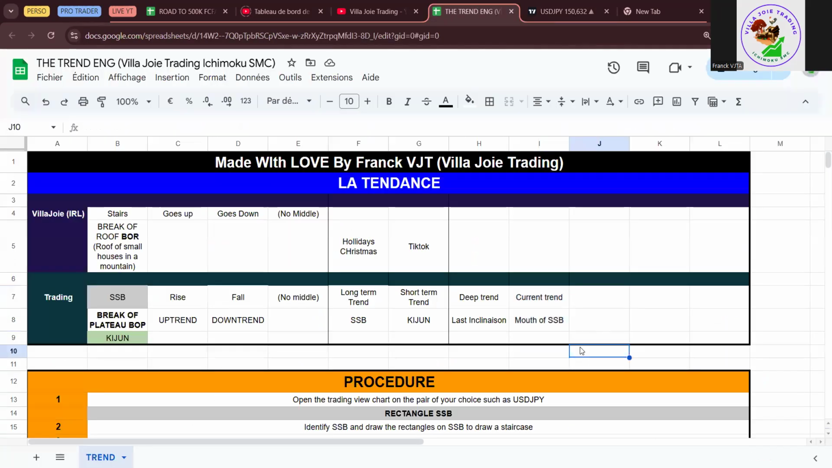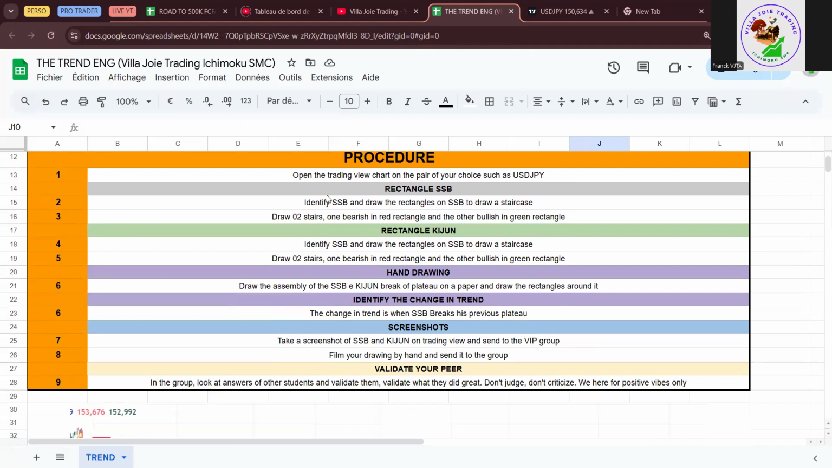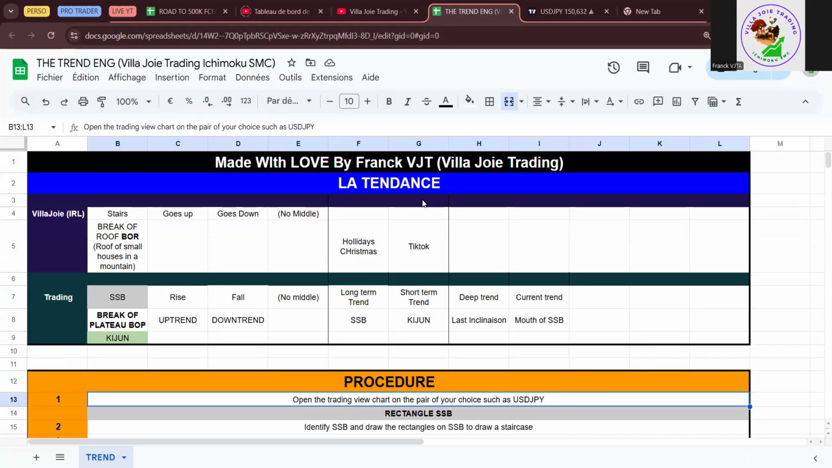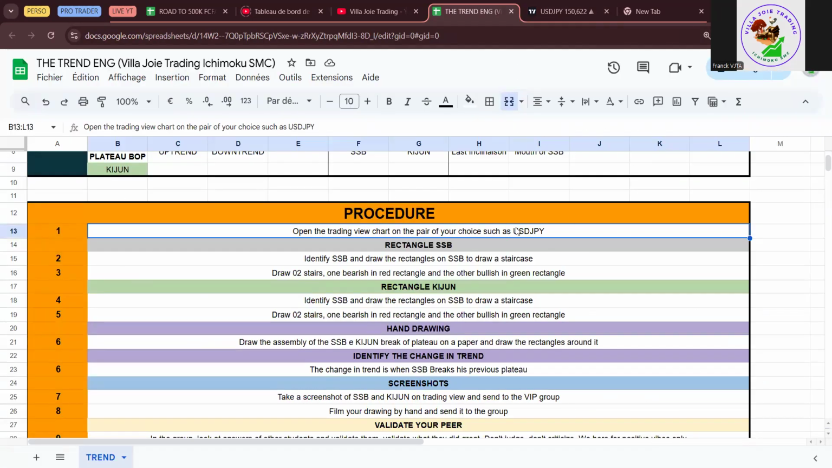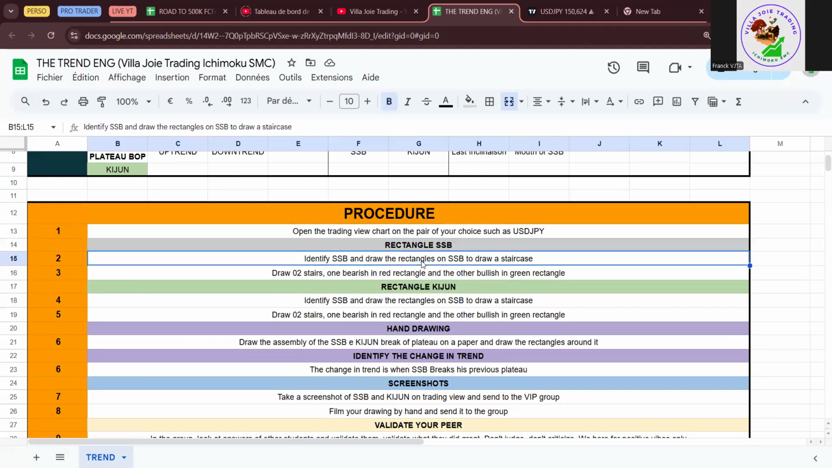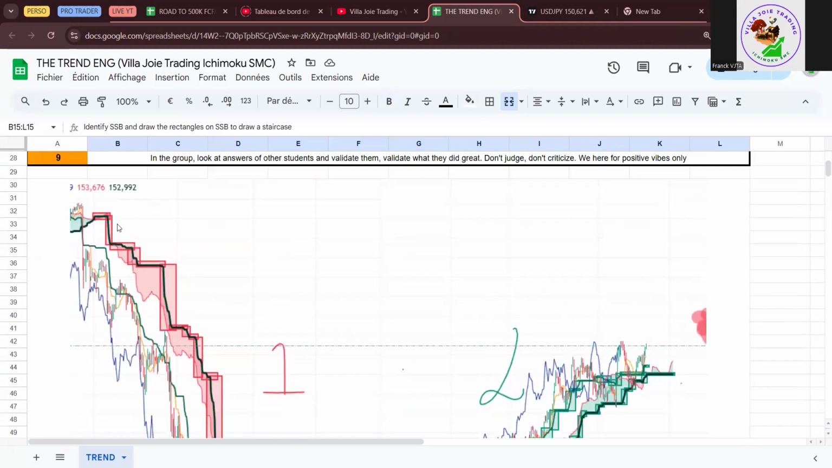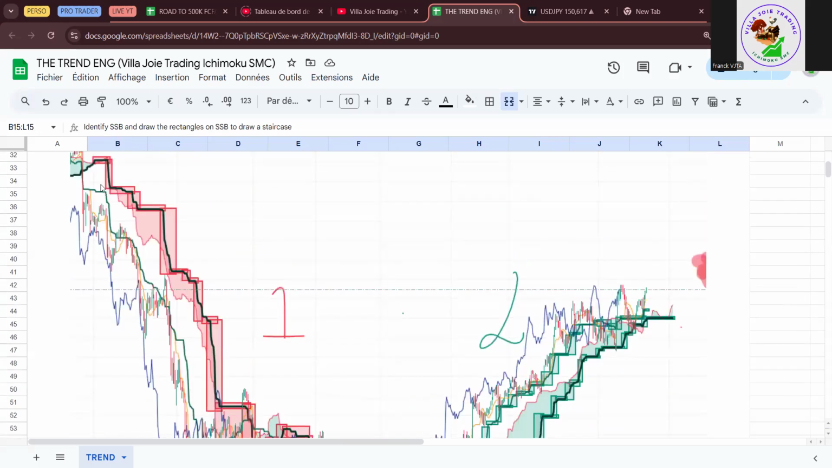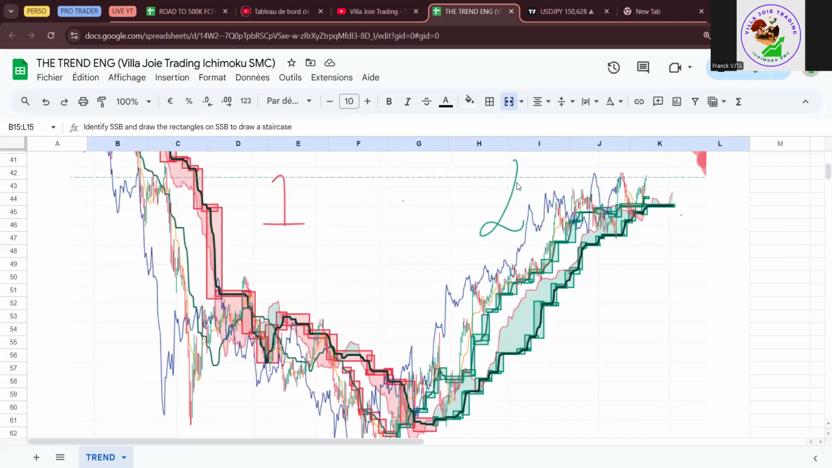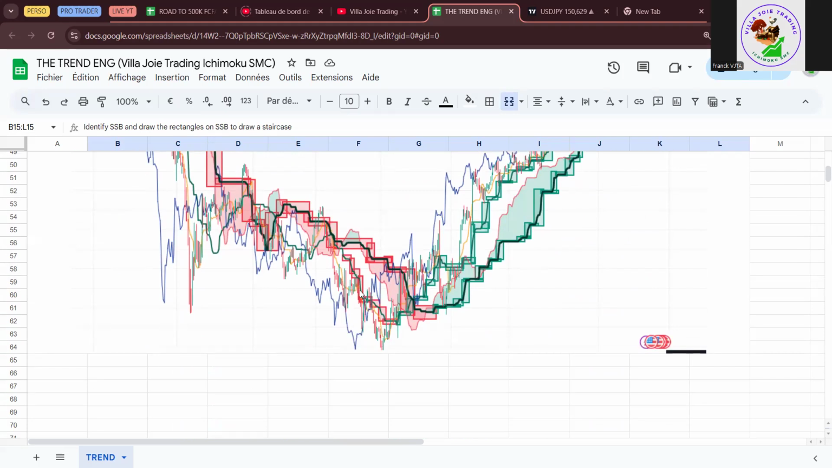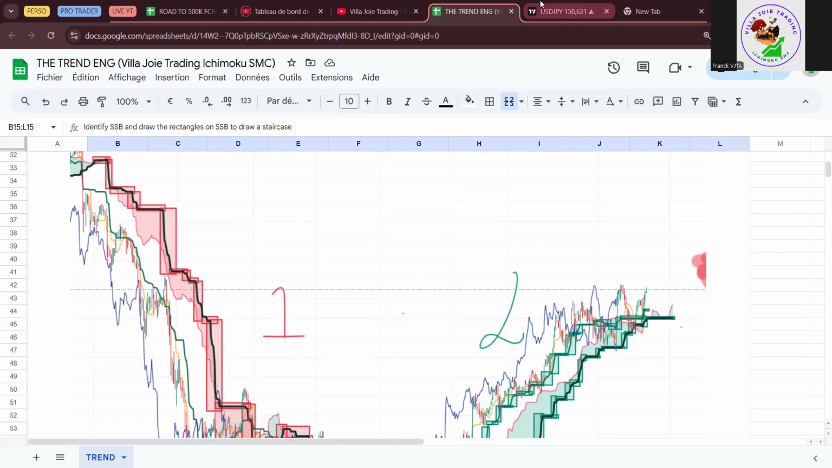Okay, so basically that's what I wanted to show you for trend. The exercise that I want to give you is to open a chart and use a pair of your choice. For me, I use USD JPY. Do those rectangles and identify two trends. For example, this is a graph that I did before this course. Do the down part for SSB and the up part. The downtrend number 1 is in red and the uptrend number 2 is in green. For up, do it for SSB, the black line, and Kijun. This is the Kijun that I did here too. This for SSB and Kijun,